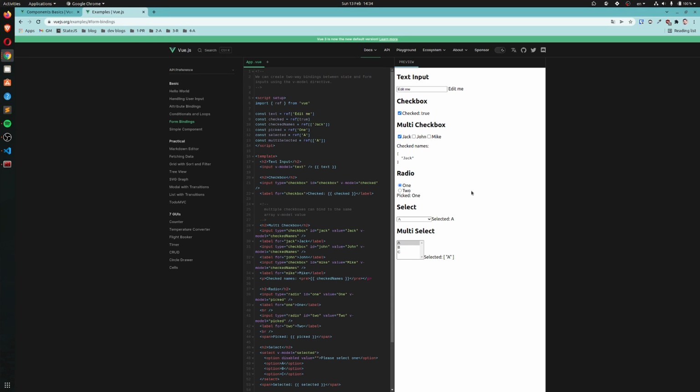We have a bunch of inputs. Let's take a look at this input. The first one is of type text. It doesn't specify the type, so I guess the default is type text. It two-way binds the value of text, which has initial value edit me, which means that the value shown in here